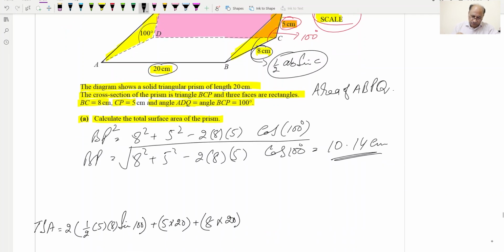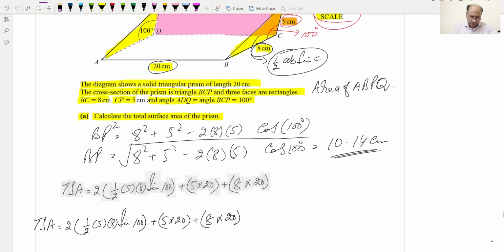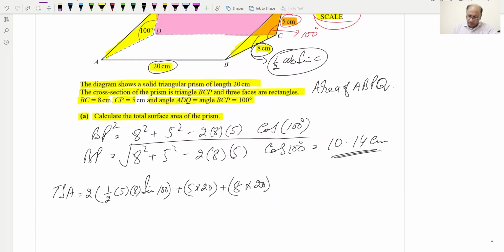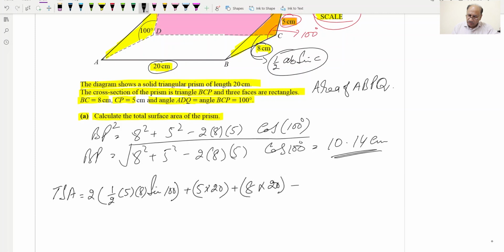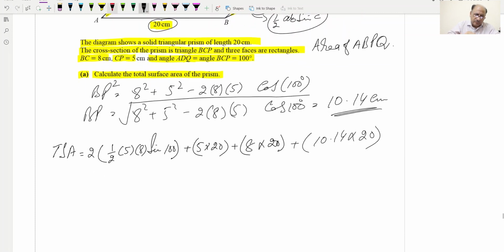So we will complete this statement: 10.14 multiplied by 20, and this is basically the area. Now for your explanation, I'm writing what this is. This is the area of the triangle, the two triangular areas. And this is the area of